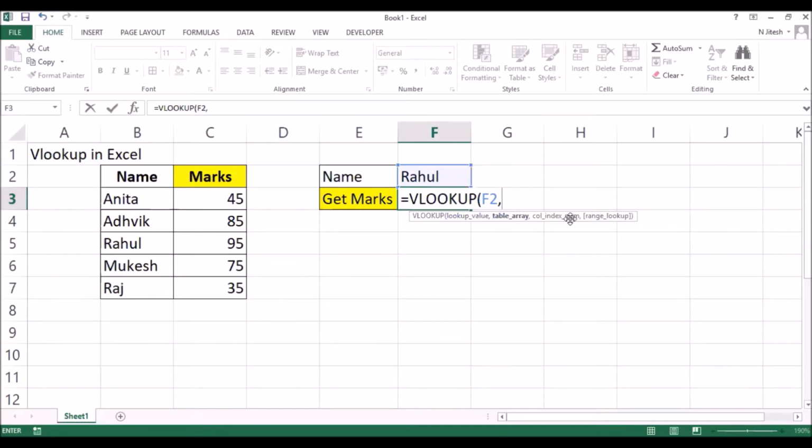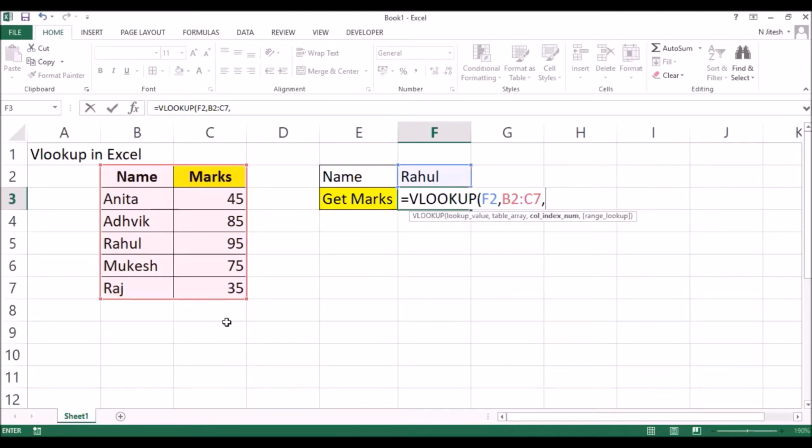Next is table array. What is the table array we have? If you select from here to here, this is the table. B2 to C7 is the table in which you want to work. Next, comma, column index. In this table, there are 2 columns. Always remember the first will be 1 and the second will be 2.